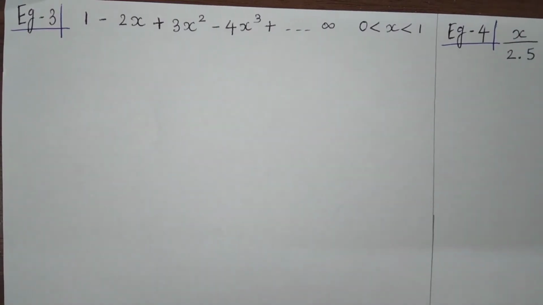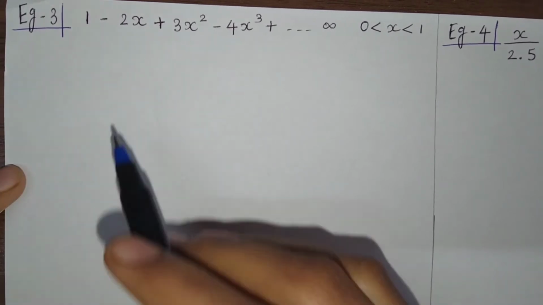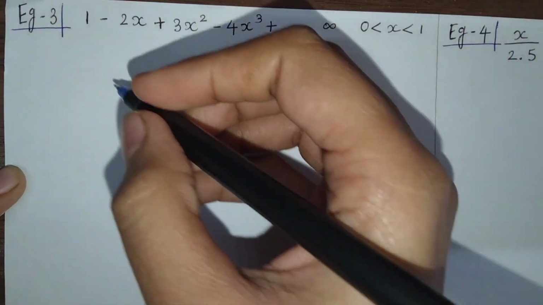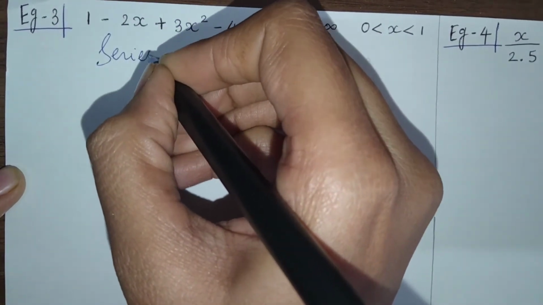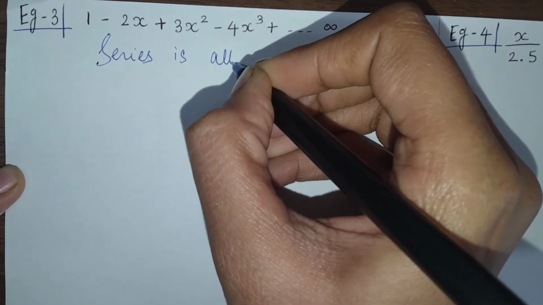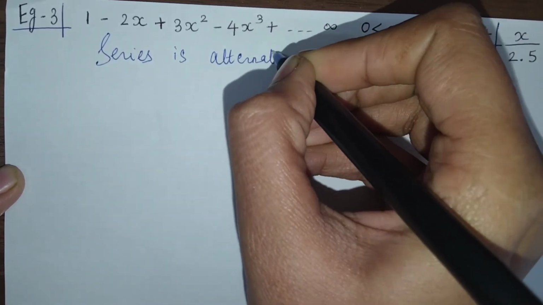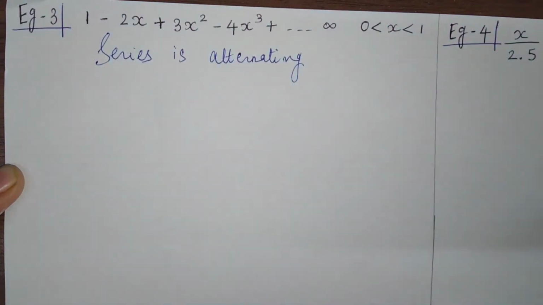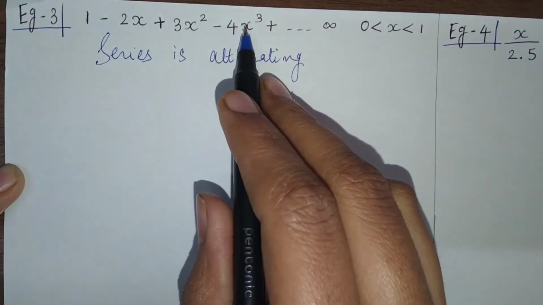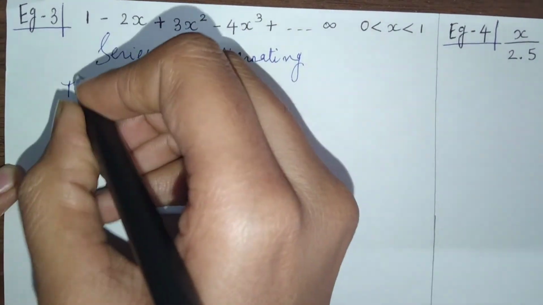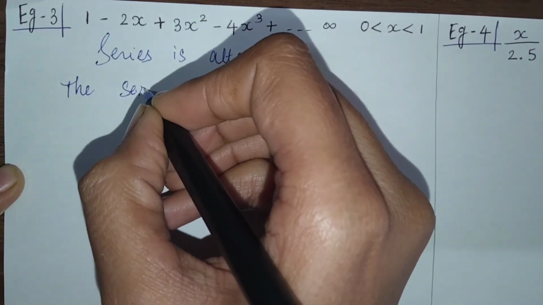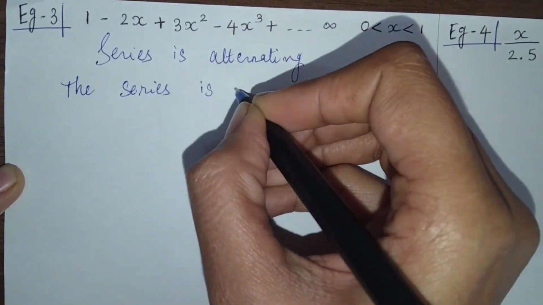So example 3. 1 minus 2x plus 3x square minus 4x cube up to infinity is given. Now again we can see that the given series is alternating. So we have to write that the series is alternating. So we have to apply here Leibniz test. And now we have to write the form of the series. So the given series is in the form of,